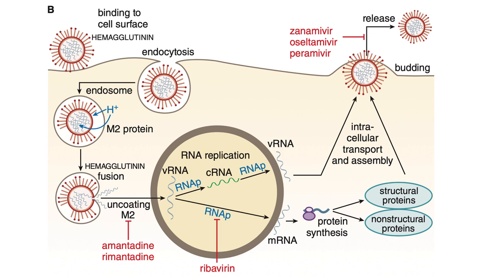The viral protein, called M2 protein, allows protons or hydrogen ions to enter that vesicle. And inside that vesicle, it continuously becomes acidic. And that acidification allows uncoating and fusion of the viral capsid. So the viral capsid dissolves in that acidic medium, and that progressively releases the genome of the virus, which is